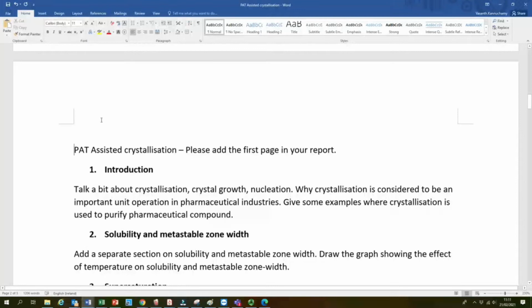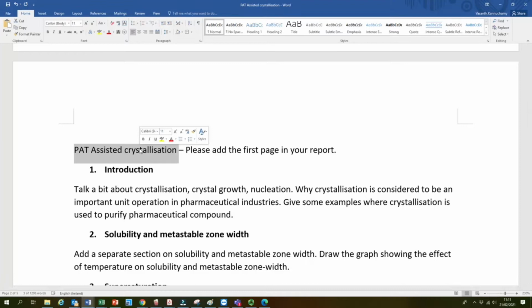Here in this video, I'm just going to explain what you should include in your lab report, which is on PAT-assisted crystallization. In fact, we performed a crystal growth experiment, crystal growth of paracetamol in its pure solution. So you need to write a report based on the experiment that we performed, and then at the end of